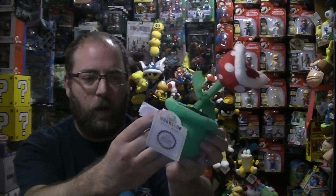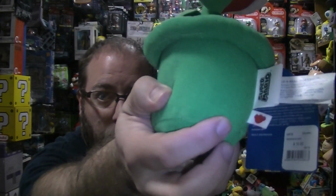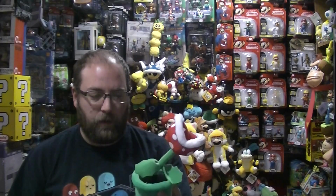So there's the tag and all the tags. He's even got this little bear tag on here. You can see that. So there's a ton of tags on this guy, which kind of detracts from it, I think. A lot of people cut the tags off and everything, but